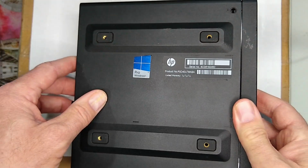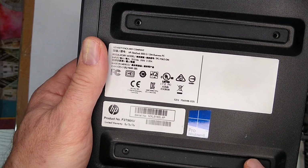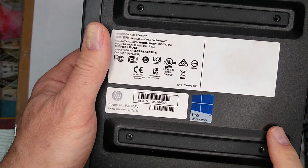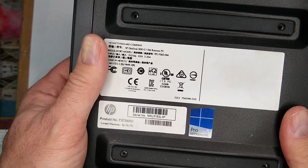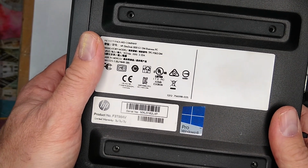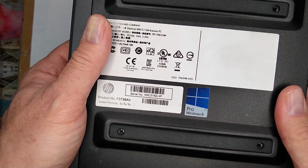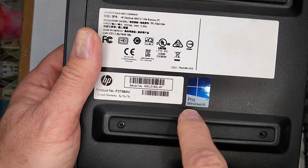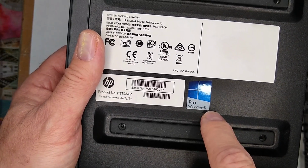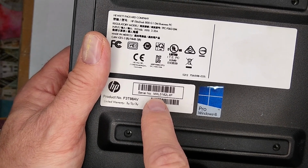Then I thought, okay, what about my EliteDesk 800 G1 Mini? I also tried this experiment with the ProDesk. I ran it, and when trying to do Windows 11, it wanted a license key. And I'm like, wait a minute, it says right here, Pro Windows 8. I looked up this particular serial number,